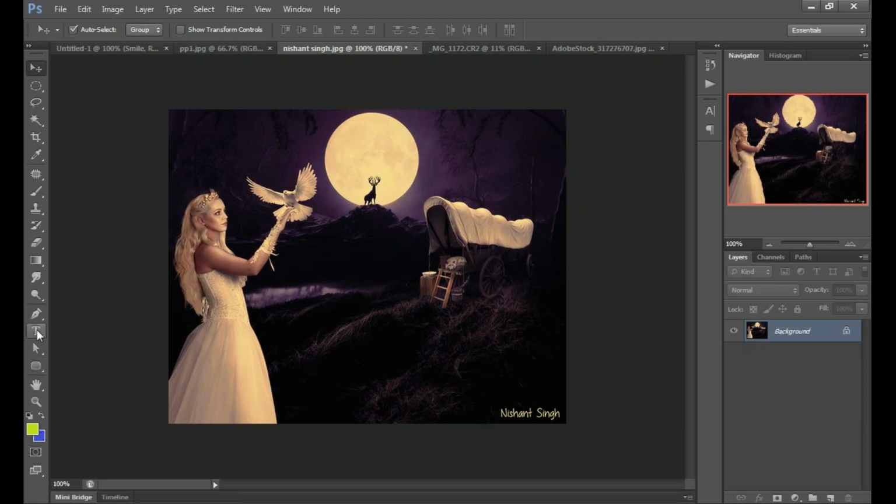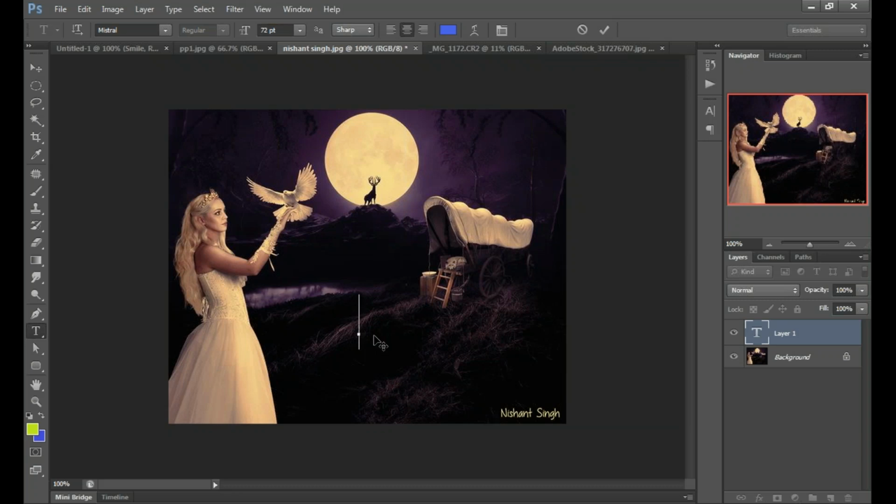We will take the text tool if you want to type anything. Click anywhere. Select the text again with the mouse. Change the font.